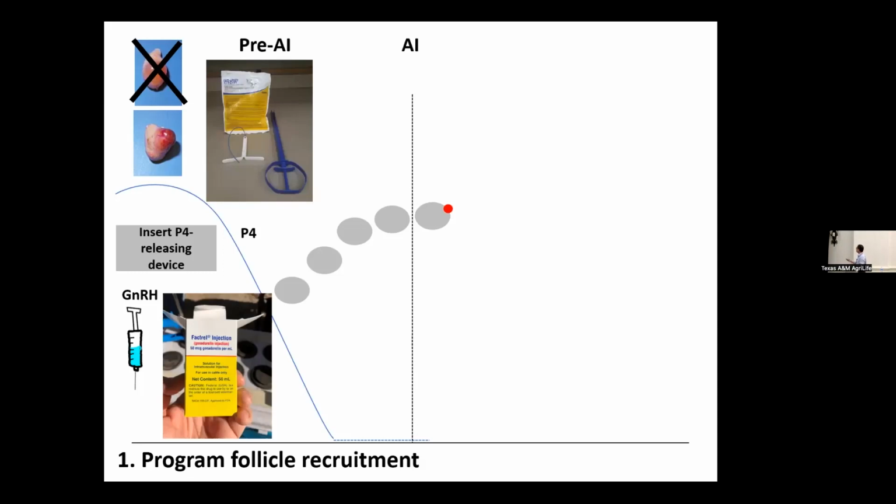Here are some of the products. So here's a CIDR that can be used. We want to eliminate an eventual dominant follicle. That's through that injection of GnRH. Next, the second step